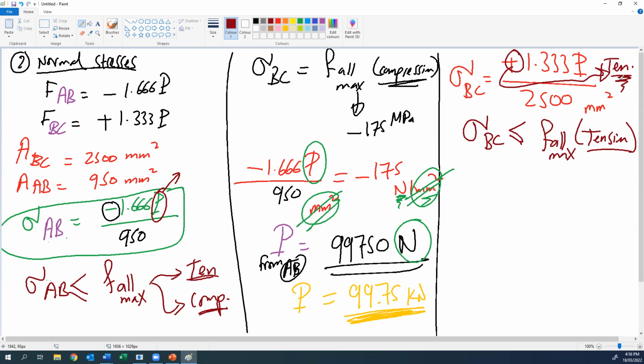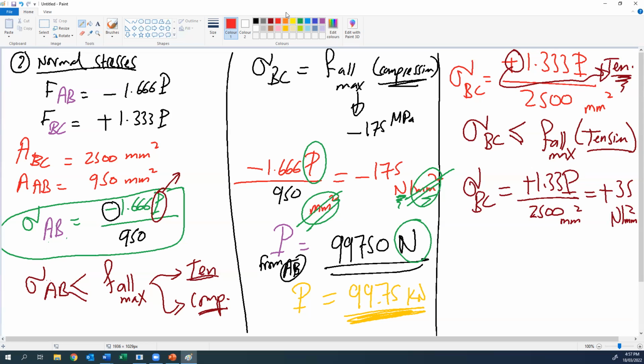So sigma BC, which is 1.333B divided by 2500 millimeter square, should be equal to plus 35 Newton per millimeter square. Okay, from this equation,